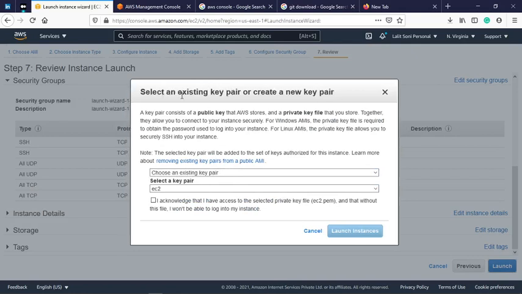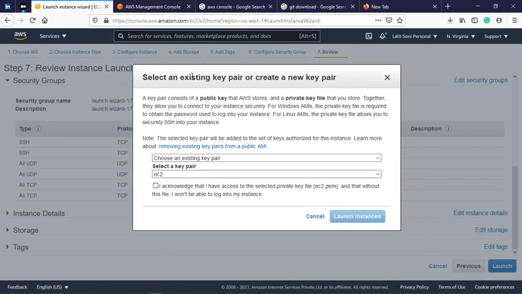After launching, this is the most important part. Without this key you can't access the virtual machine. This is the most important part of configuring the virtual machine. While setting up this key, you have to make a new key.